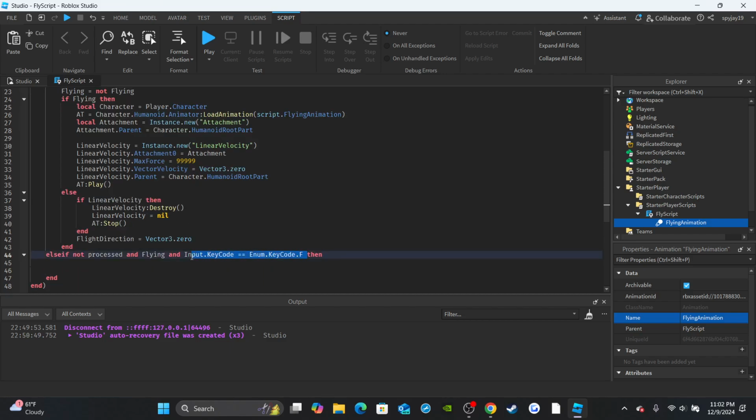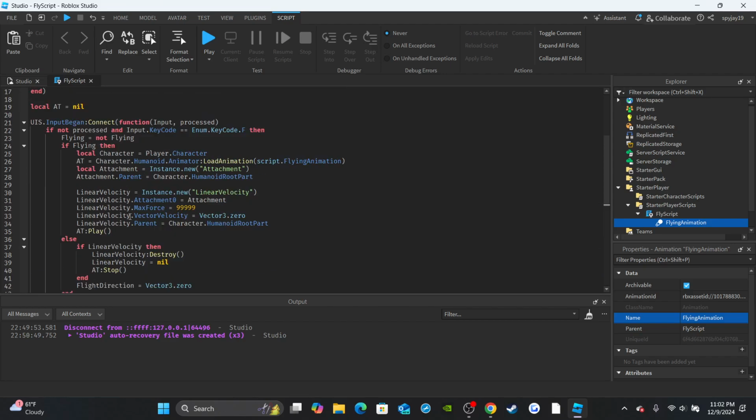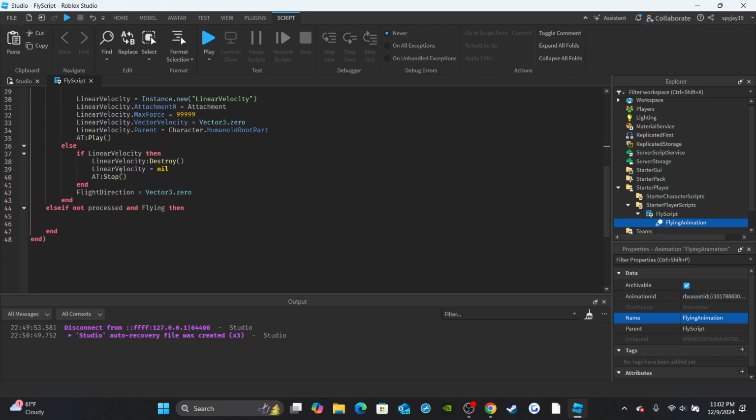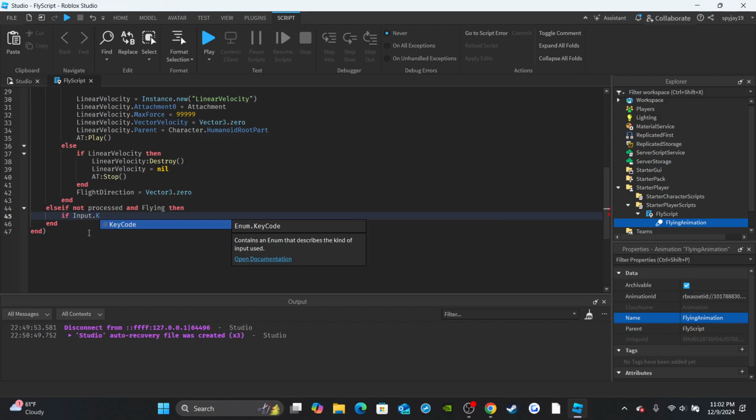Oh wait, sorry, guys. I am so stupid. I thought this was the part where you stop flying, but then I realized I did that wrong. My bad, guys. This is the part where it controls what direction you go in. Okay, so here we're going to put if input.KeyCode is equal to Enum.KeyCode